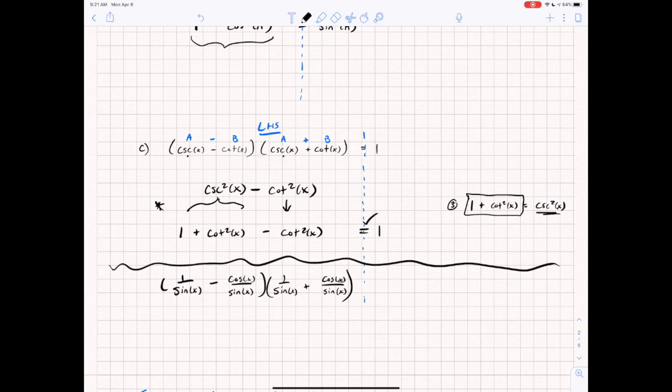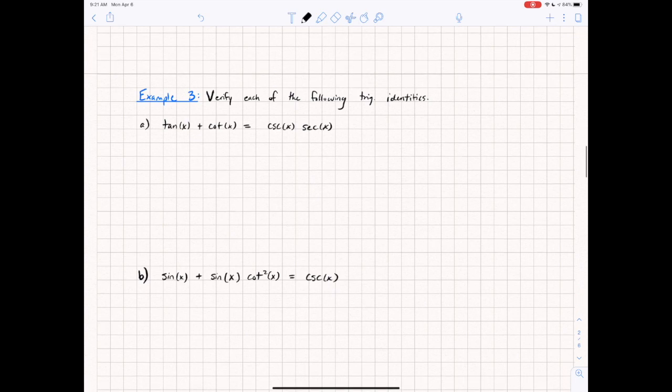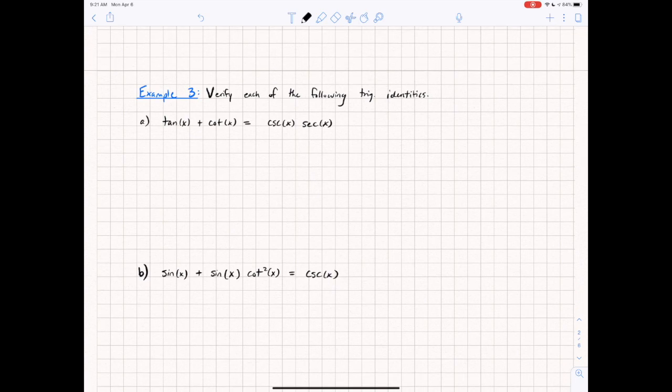availability and that option. So example 3, the directions are just going to say to verify each of the following trig identities. Verify, again, just means to show that it is true, and we're going to go through and work through our verifying steps. The first step to verifying is to, again, in part A here, I'm going to choose the most